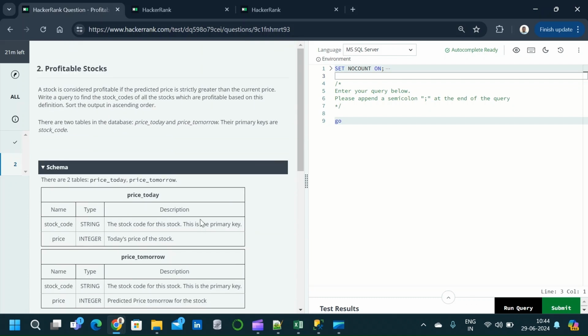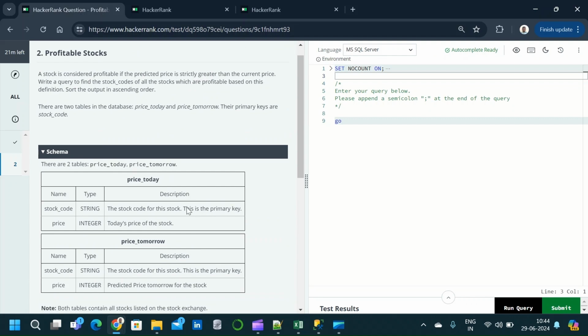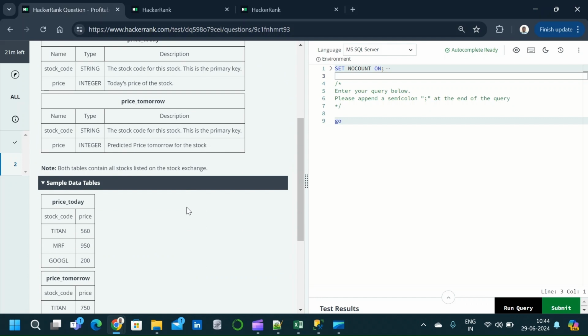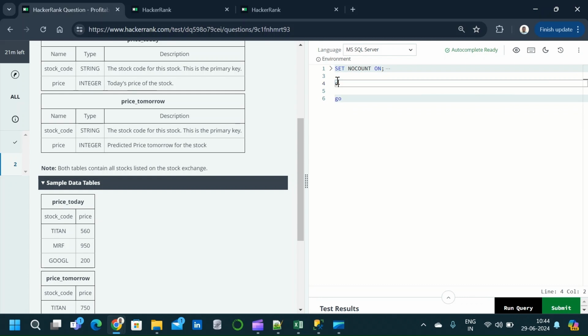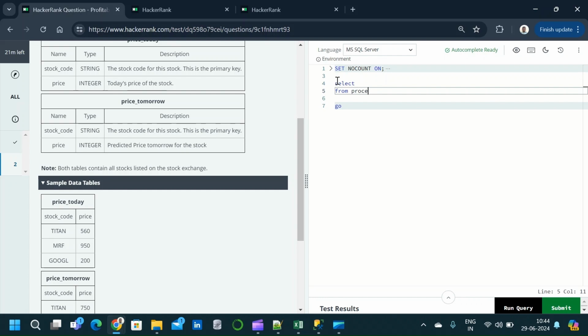Now we have to write a query to find the stock code of all stocks which are profitable based on the definition. So the definition is a stock is considered profitable if the predicted price is strictly greater than the current price. So tomorrow's price should be greater than today's price. So that is the condition. So for that we will write a join condition here. Select from price_tomorrow